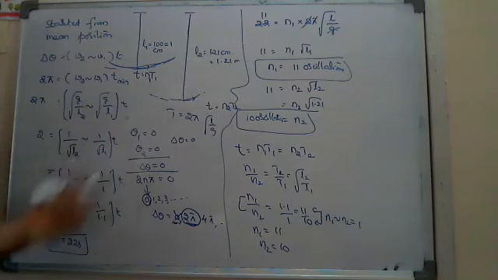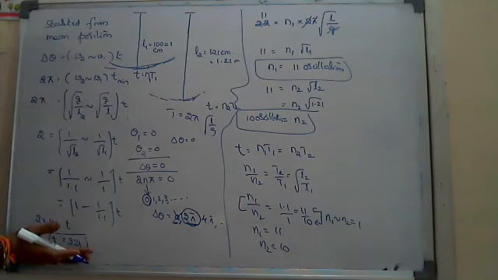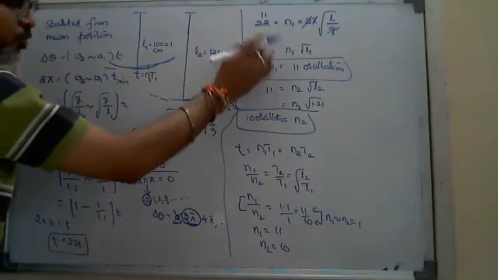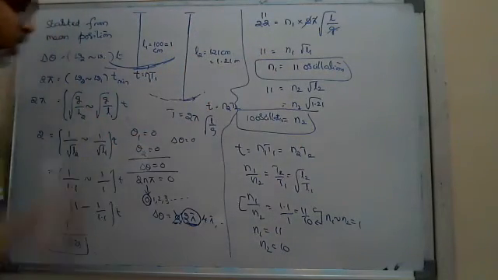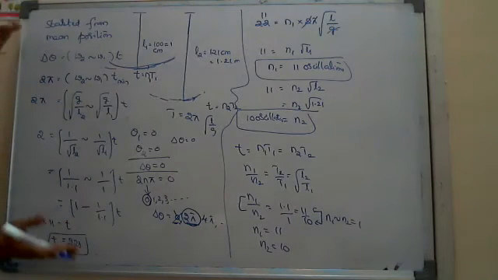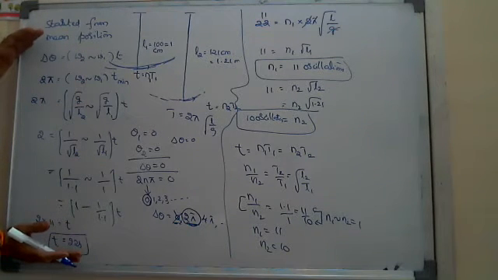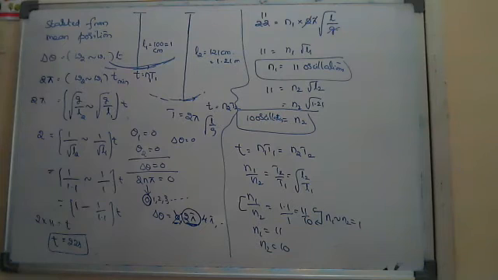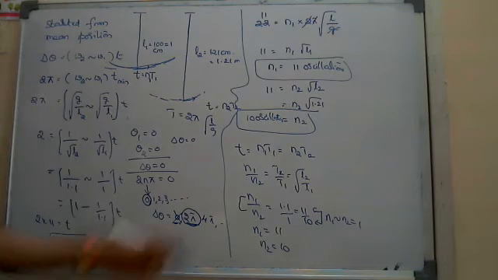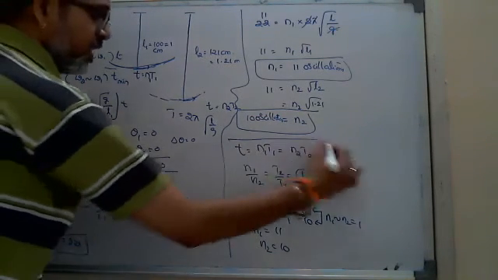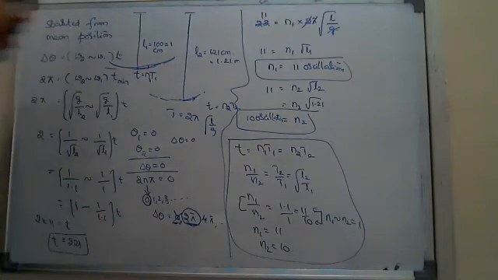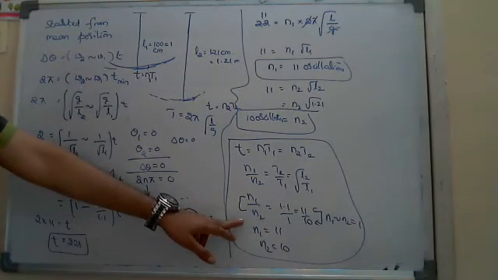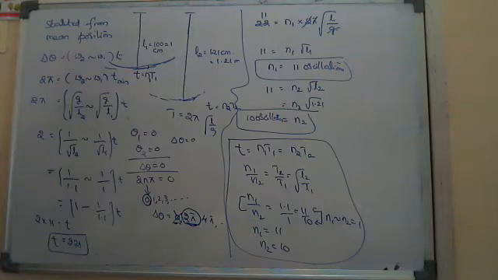Look at here, to find out the number of oscillations, first of all, we have to find out that time. After finding out that time, we have to find out N1 and N2. Okay, this is actually a lengthy procedure. And this procedure is valid, okay, if you want that time, then it will be the shortcut. But to find out the number of oscillations, simple, if you see here, just in 2 steps, you are getting the answer. The number of oscillations of first is equal to how much? Number of oscillations of second is equal to how much? Okay, this is the condition, right? Here, that is one shortcut to find out the.